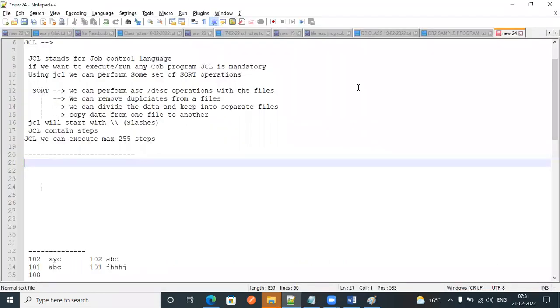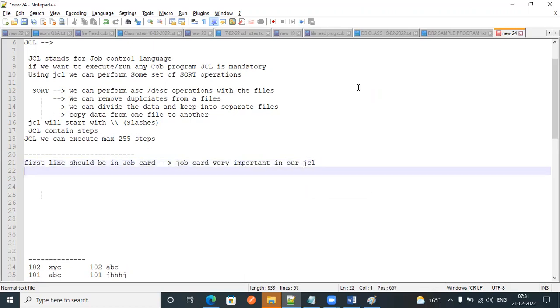The first line should be a job card. Job card is very, very important in our JCL.